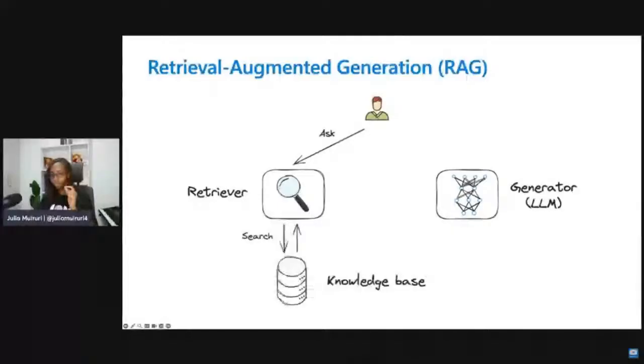From this search, it's not going to send back the actual answer, but a chunk of information where your answer is likely contained. Then the retriever will pass both your question and these relevant documents to the generator, which is the language model, and the generator formulates the answer that is sent back to you. So this is a typical RAG pipeline that you see in production.